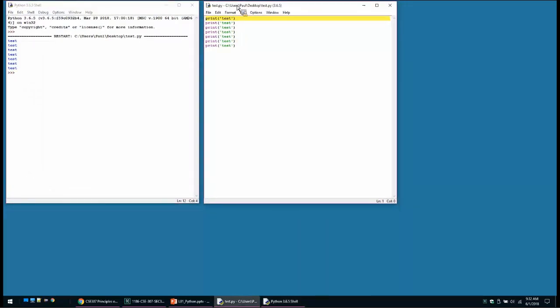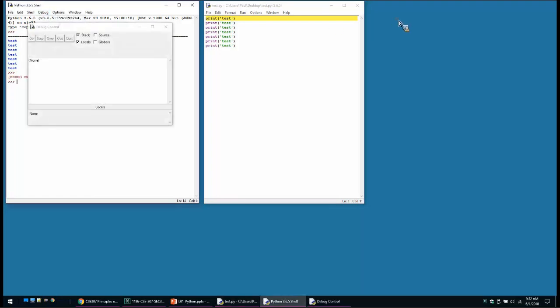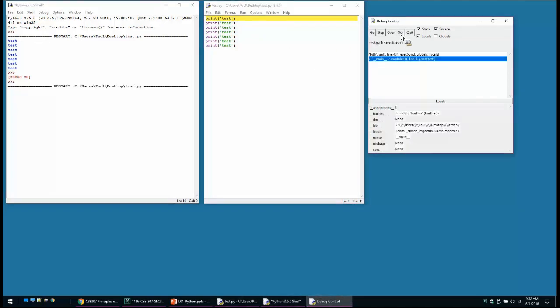Most programs that we write contain, in most cases, a few errors, and we would like to debug these programs. So you can do it easily in IDLE by setting a breakpoint at any line in your code and then opening the debugger window. By default, you do not have checked the source. Basically, when you debug, you would like to see in the source code step by step as you execute the program. And at this point, if we run the module, it will basically start running the program, and